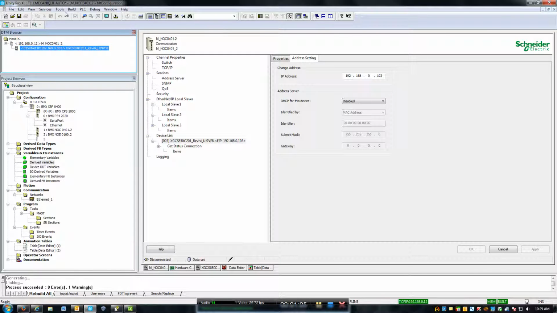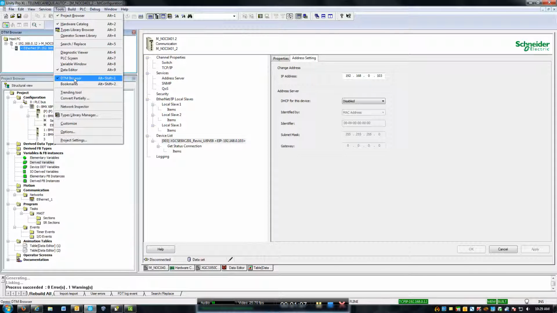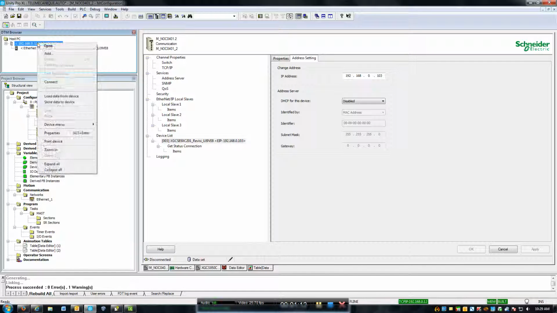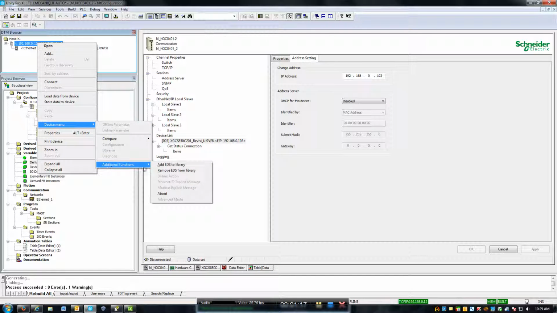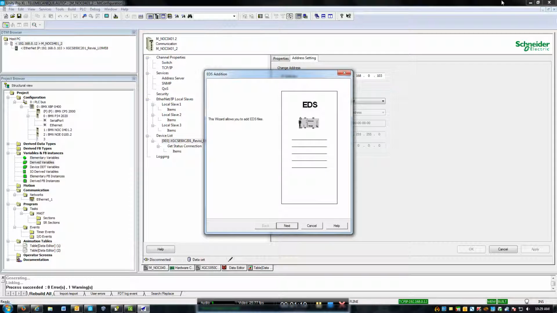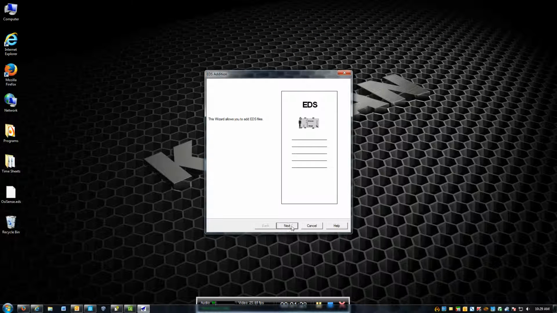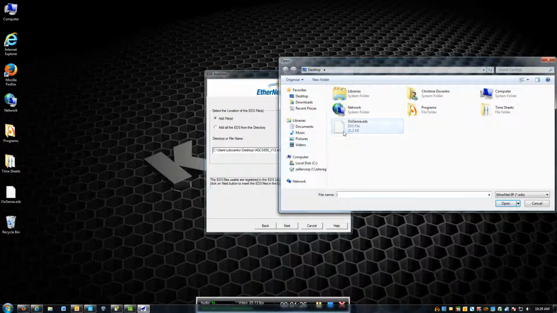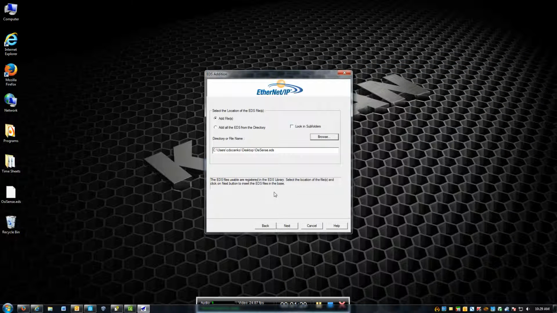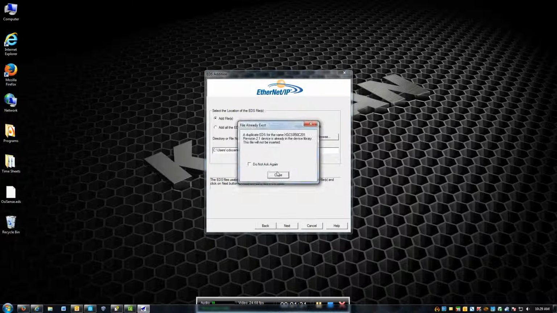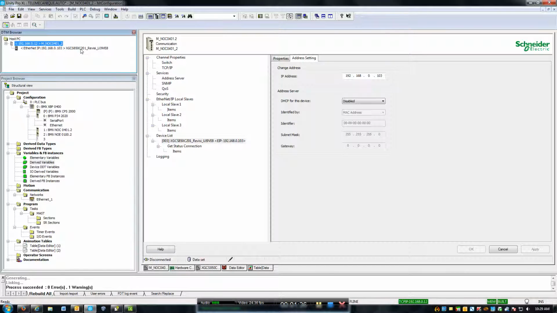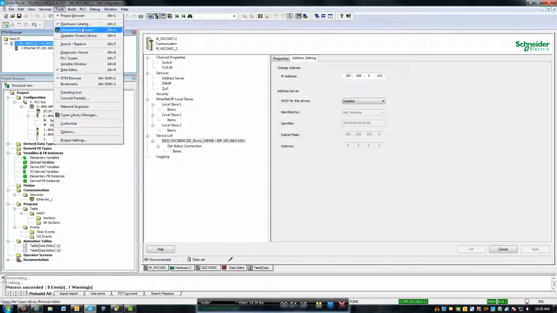the EDS file first. So to do that, we go to our DTM browser, which is already here. We right click on the NOC module, go to the device menu, additional functions, add EDS to library. That will pull up this menu. I have mine saved here. So we go to browse and it's referenced back there, open it up. Mine's already there, so it'll give me a menu, but once you do that, you can go to the hardware